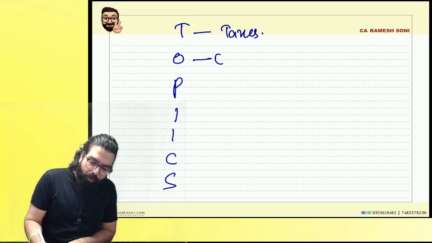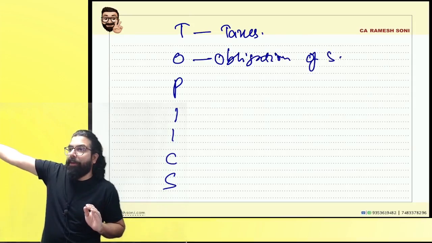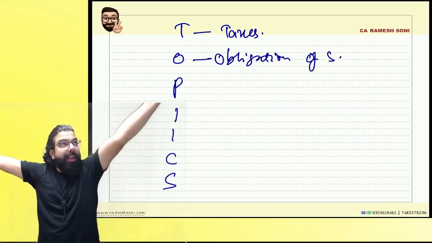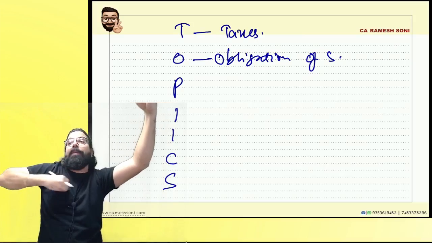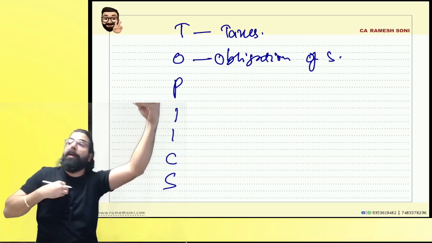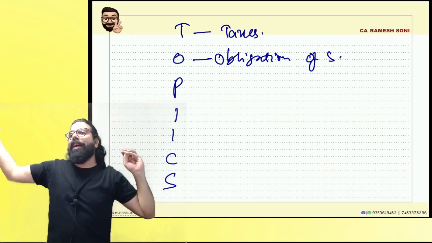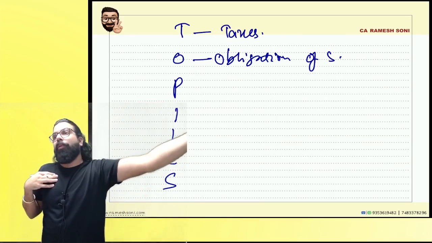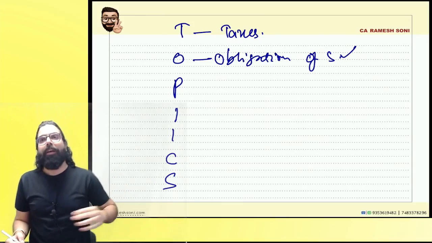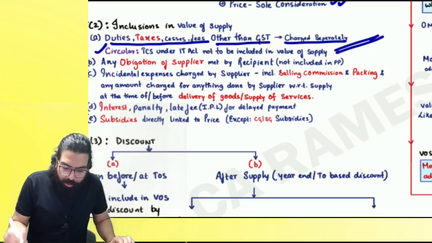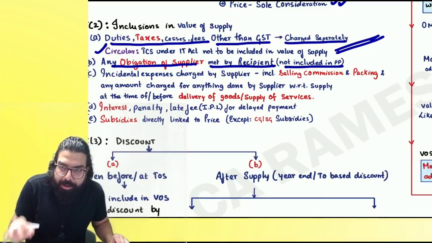The second one over here, O for obligation of the supplier. Supplier had to pay someone. Supplier told me, Ramesh, can you pay him? So instead of paying to supplier, I paid him because supplier had to pay him. If I would have paid supplier, then it would have come in transaction value. If I pay someone else also on behalf of the supplier, then also it will come in the transaction value. Supplier gave me the goods and told Ramesh, you pay that guy. So why it will come in the transaction value. So they are telling obligation of the supplier, whenever it is made by the recipient, it will be included in the value. The next one over here is any obligation made by the recipient. If it is not included in the price paid or payable, then it will be included.